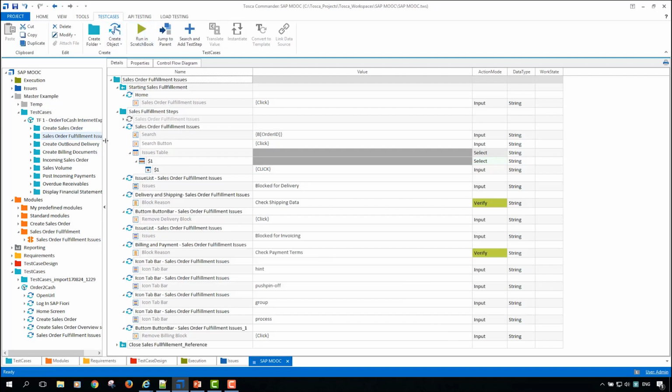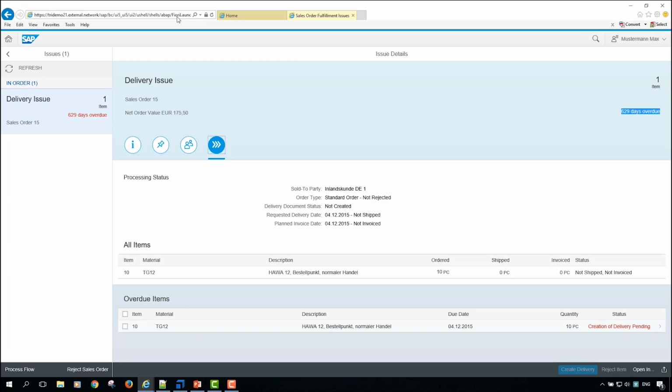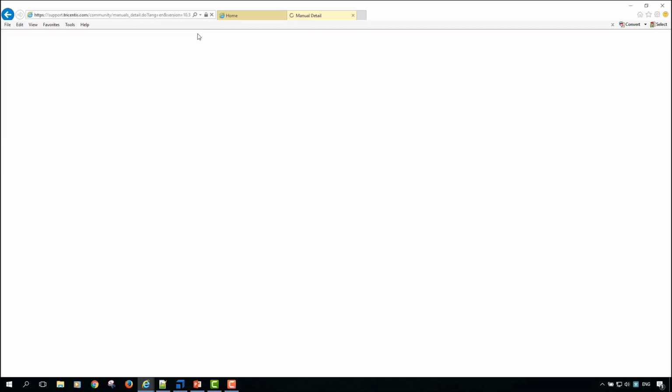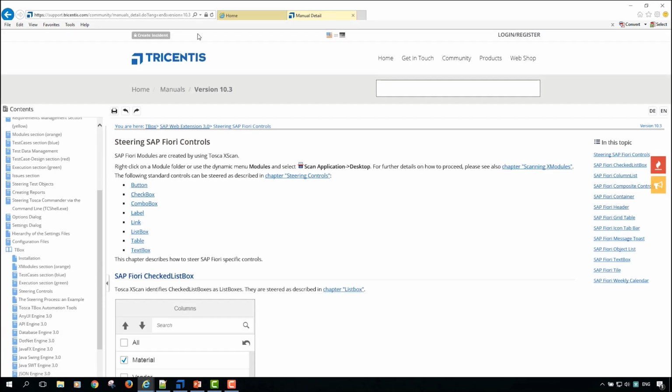Okay, great. So I have shown you a lot, and for sure you have a lot of questions about how it exactly works. You have seen different properties, and I have a good answer for you. We are not only doing development on these controls and supporting different technologies. Our documentation is pretty cool. So here, when you are looking in the manual, you can find